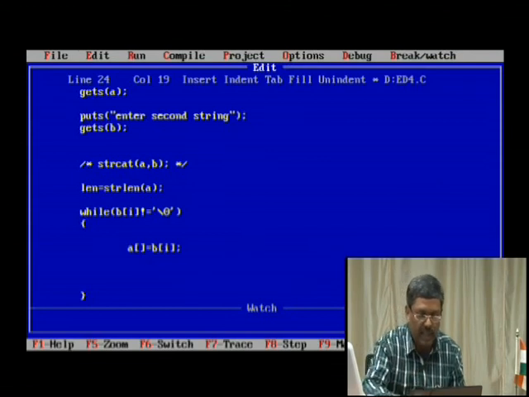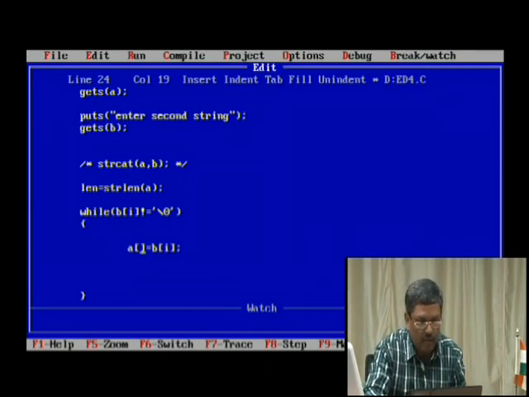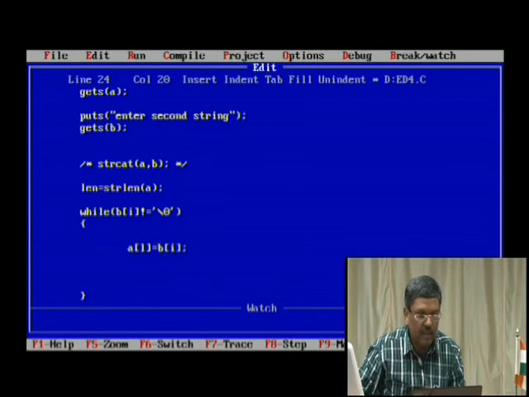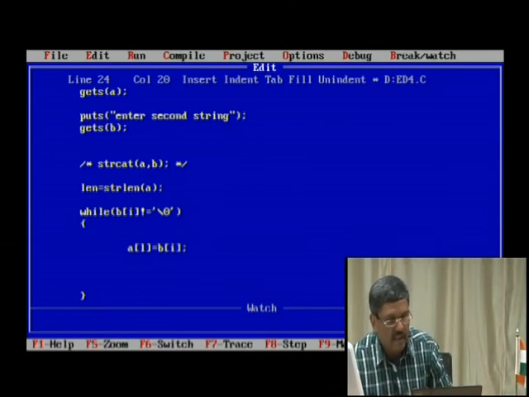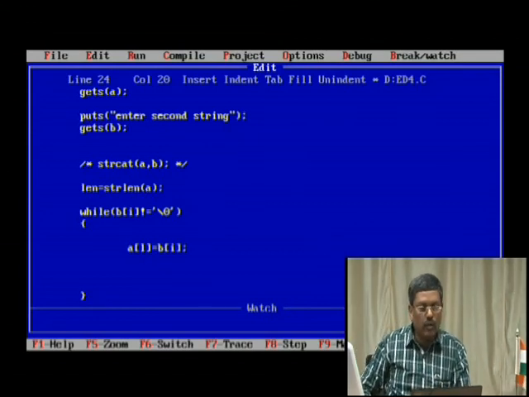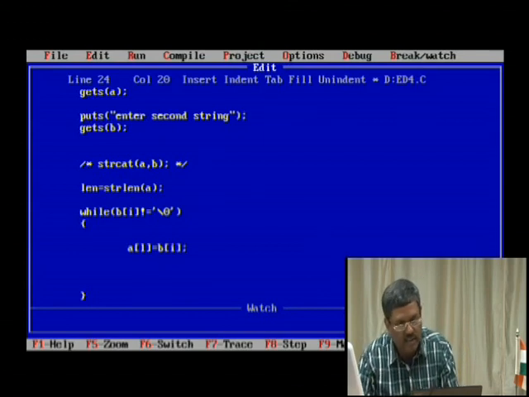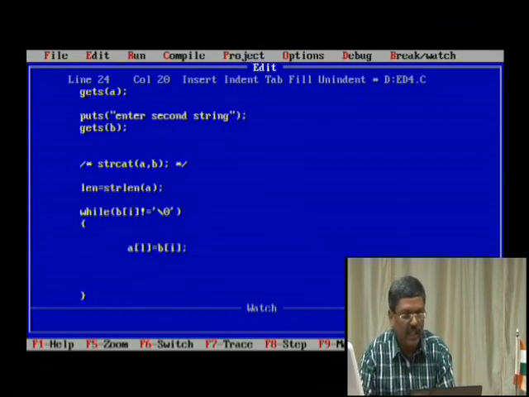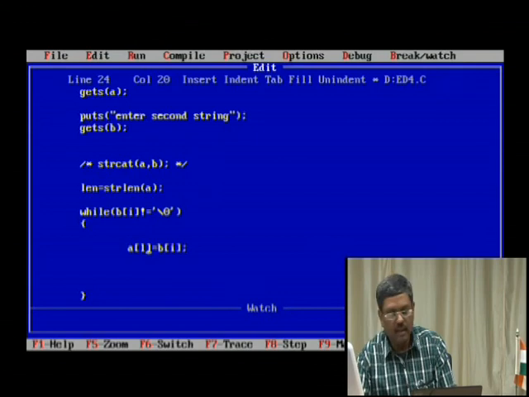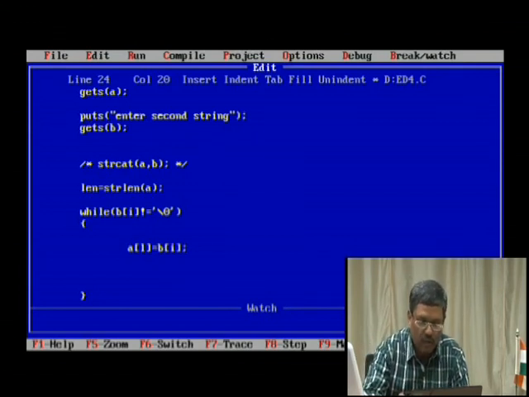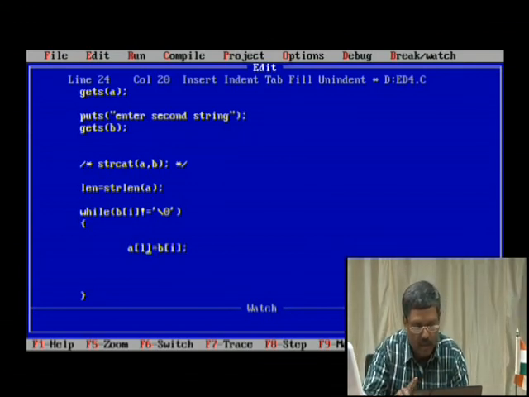We have to copy it to A, which is having a length L. Suppose A is 4 characters, then L will be 4. So what is that 4? It always starts with 0. 0 to 3 is 4 characters. So when I say L, it will go to the length, I mean the number of steps.